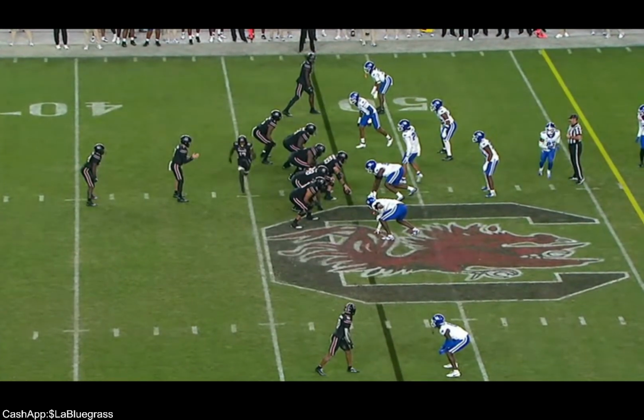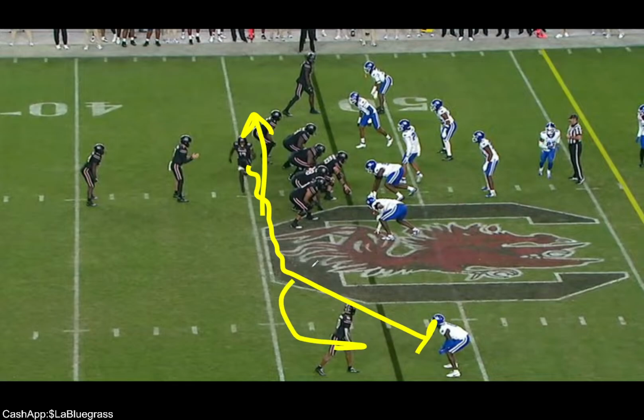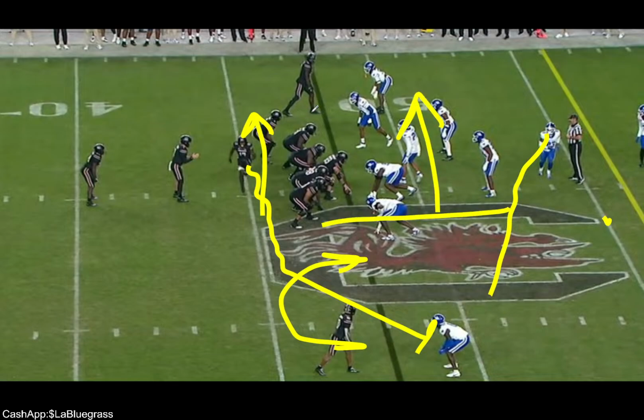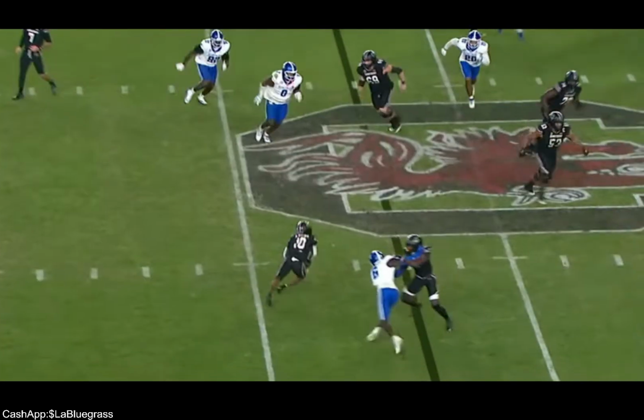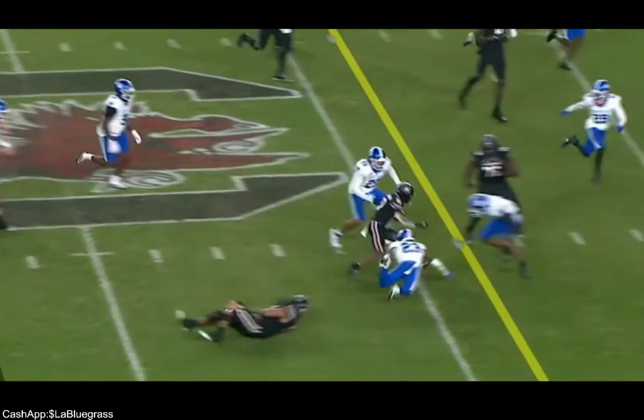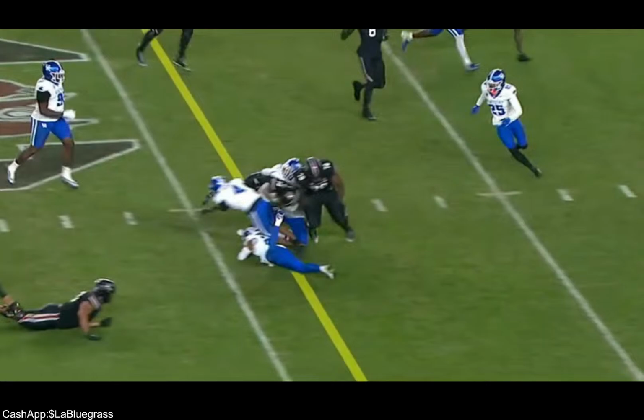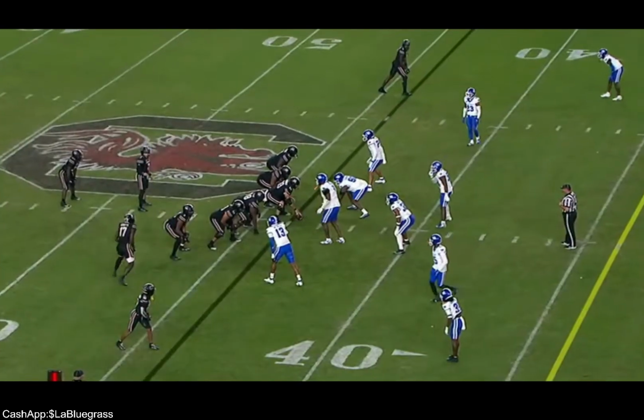The reason why I say that, y'all, is because they went trips into the boundary. They motion, and they used the motion guy for a blocker. And then he got the bubble, but he's got to make sure he tackles. And all we got is a safety back here because all our guys are over here more because they got numbers. So this is a great design. See how he motions right to the block? Andrew Phillips needs to come up faster, but man, that's a tough one, brother. That's a great play. Great call.